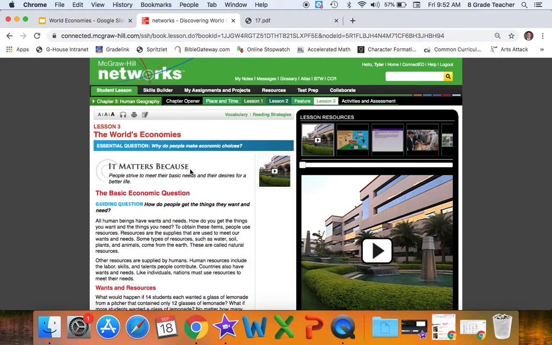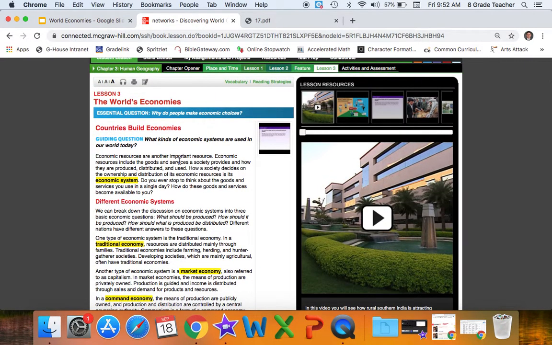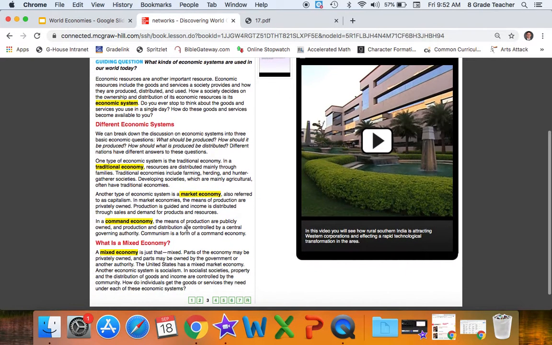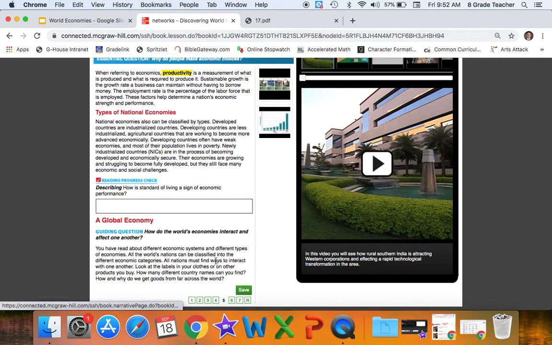We have 3 sections to take care of today in our reading. The first is the idea of this basic economic question. After we're through that basic economic question, we're going to look at the different economies that are in the world and how countries build economies. And then thirdly, we're going to look at not only individual countries, but this idea of a global or a